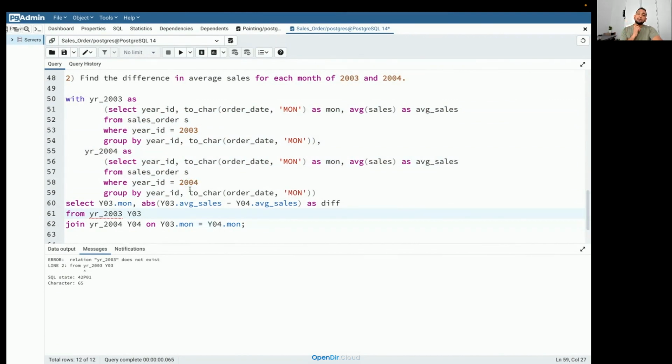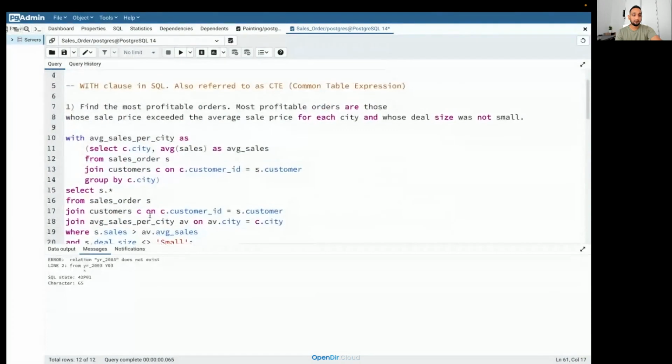But let's say if I had one with clause where I put year ID in 2003, 2004, how do you do this comparison then? Anyone? If I have just one with clause here, and then if I do this, okay, self join, right? There is something called a self join. Now I will try to give you a solution to this problem a little later, but before I give you a solution for this,